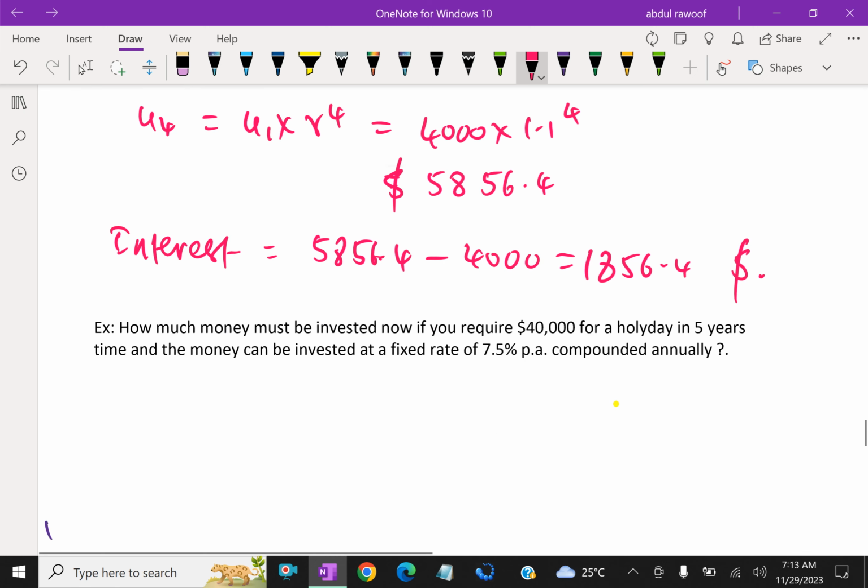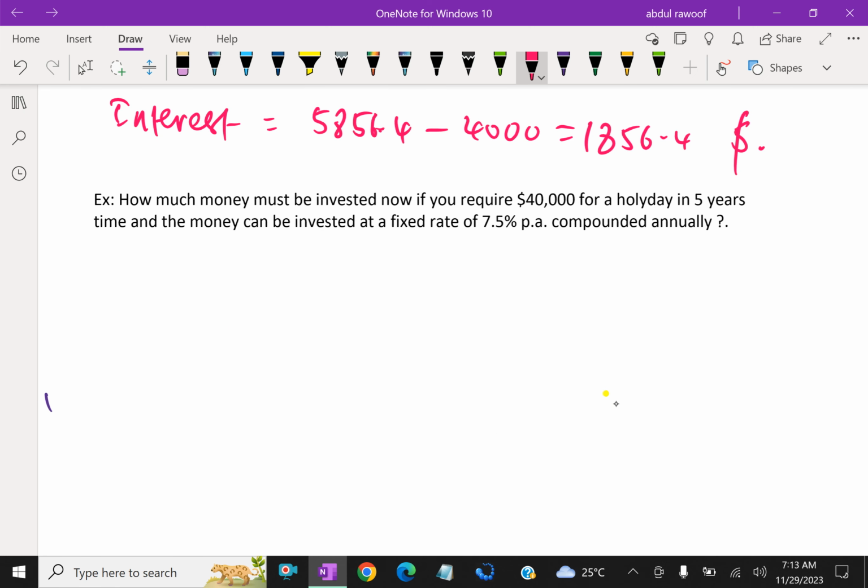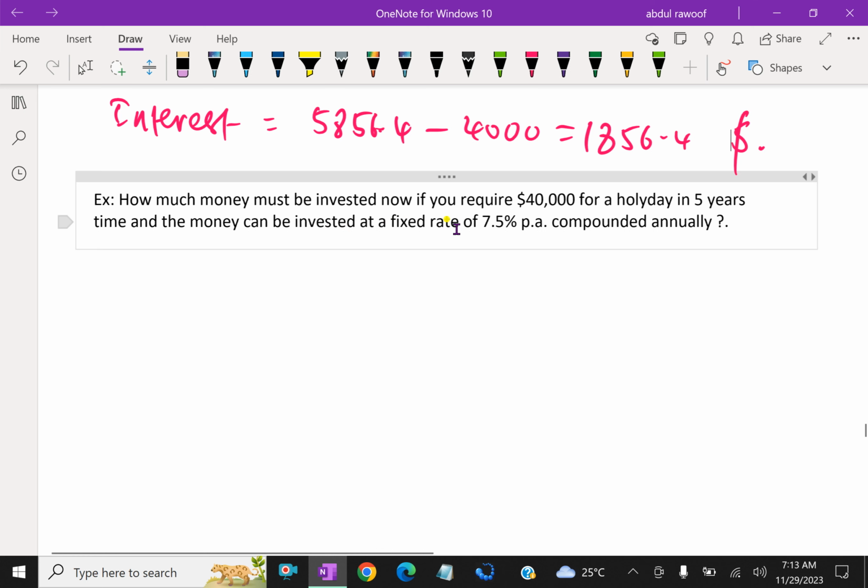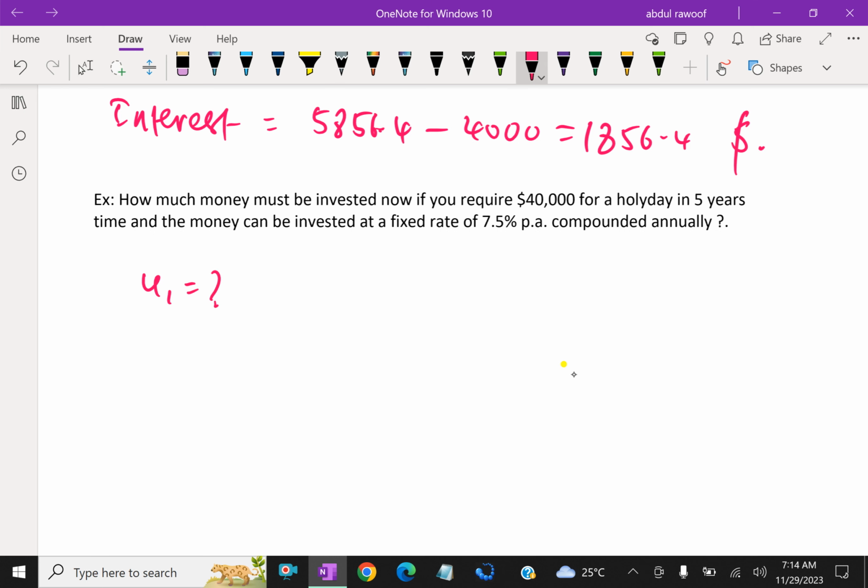Next question: how much money must be invested now if you require $40,000 for a holiday in 5 years' time, and money can be invested at a fixed rate of 7.5% per annum compounded annually? Here U1 is the question mark. The first investment is how much, and after 5 years your amount becomes $40,000,